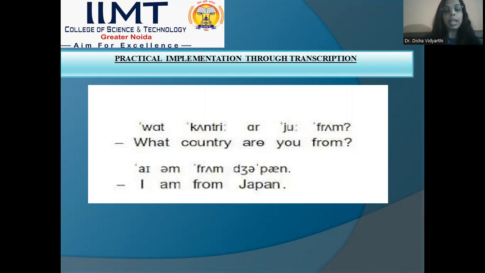Because as I said time and again, we are not the native speakers of English. There are a lot of sounds we must not be knowing how to pronounce, or what is the spelling of those words. And if we know the spelling, sometimes we get confused what kind of sound it will be producing. But when we know the sound system, we will be in a position, even being non-native speakers,